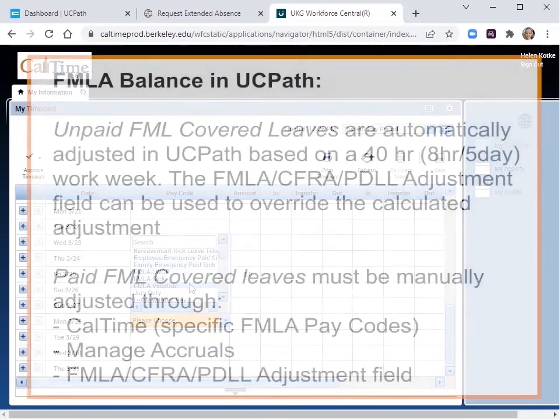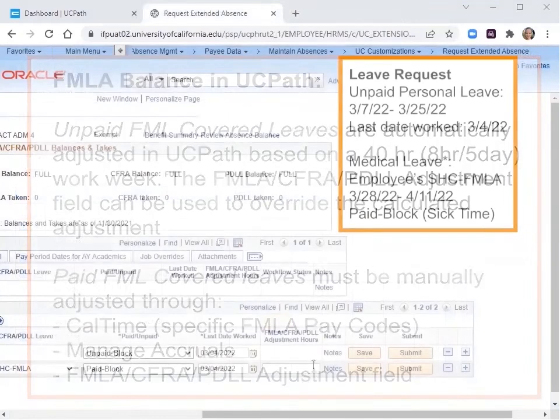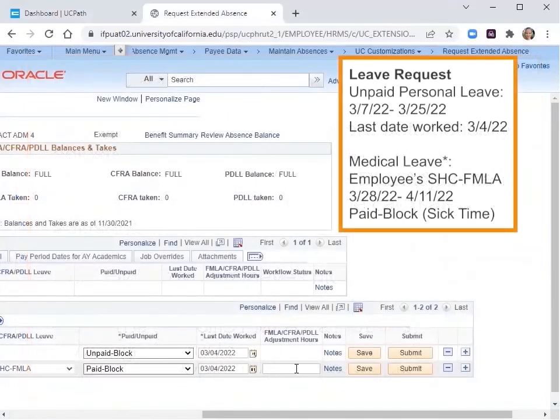A separate transaction could be entered into the Manage Accruals module to decrease the employee's FML balance by the amount taken, or the amount of FML hours being used during this leave can be entered into the FMLA CFRA PDL Adjustment Hours field. For this employee, if they are not going to have hours entered into CalTime, then 80 hours can be entered here to account for the 80 FML hours used during this period. A Manage Accrual transaction would need to be entered to decrease their sick time for 80 hours as well.